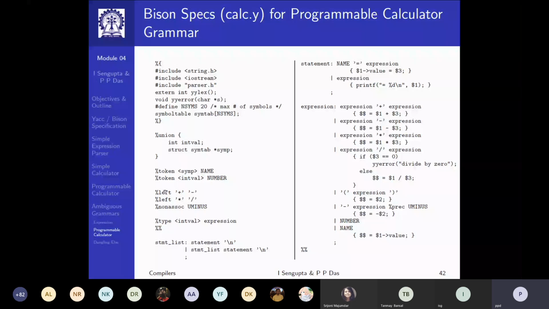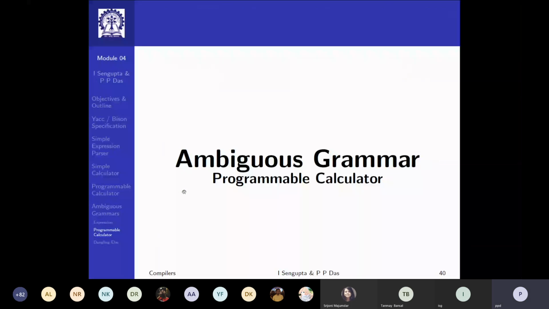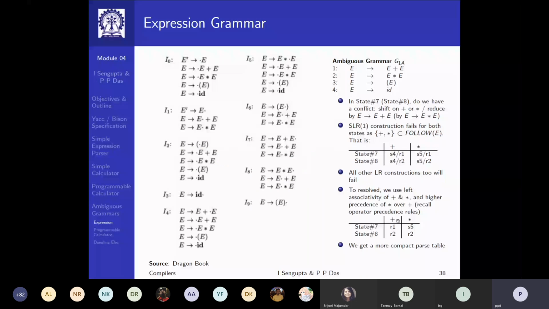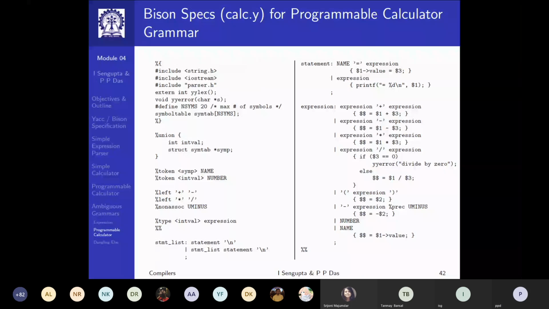So precedence from top to down is lower to higher. Lower down you write is a higher precedence, and you say percentage left to say it is left associative. This is left associative. This you're saying is non-associative. Unary minus is non-associative. So say it's the unary minus token precedence here. It says it is the highest precedence. Then you have the division multiplication. Then you have plus minus, which is the lowest precedence. So this is the operator precedence information we had just been using in here to decide whether to shift or to reduce. So your operator precedence algorithm embedded into the LR1 parser will use this and be able to generate